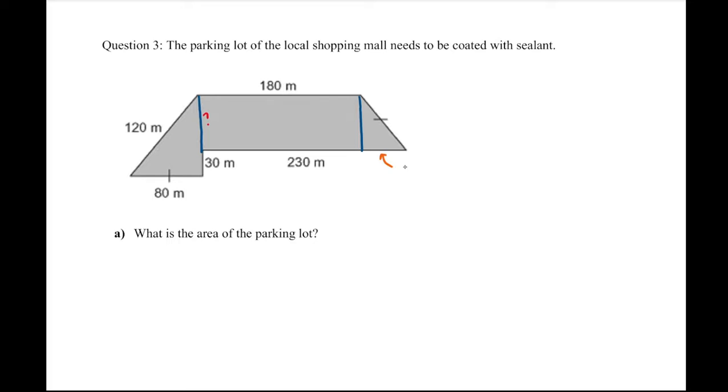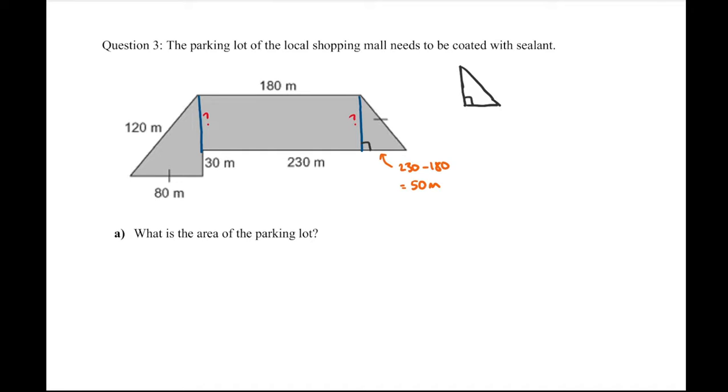So this measurement here will be 230 minus 180, which equals 50 meters. So now I know that measurement. It still leaves me with this height of my rectangle as the unknown part. What I can do, though, is calculate or figure out what that height is, because we should recognize that we get a right angle triangle and we have the 2 measurements. So if I isolate that right angle triangle, just for the purposes of calculation right now,